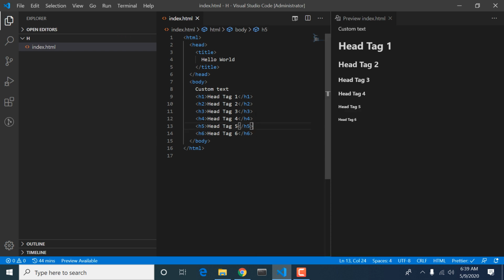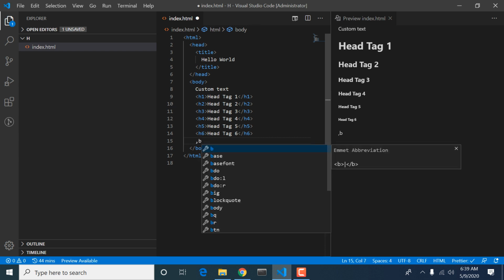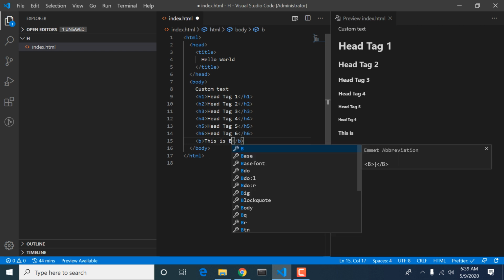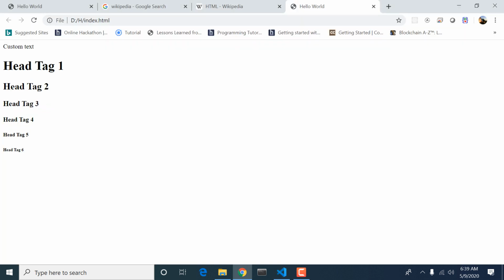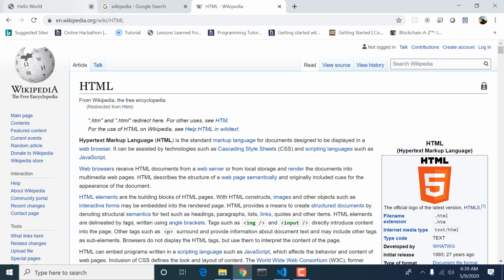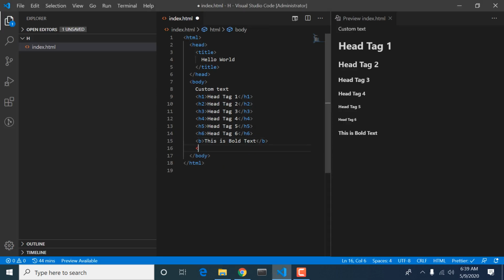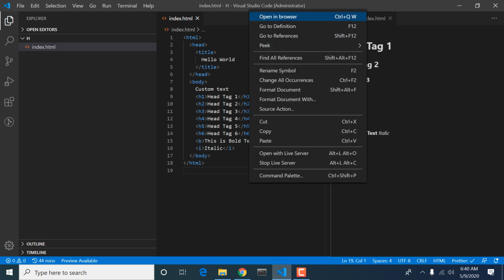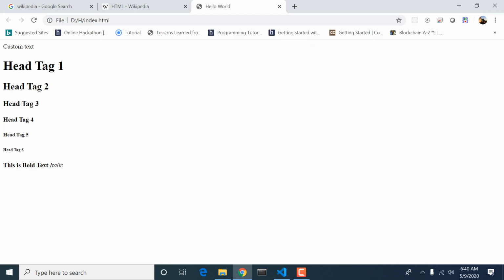Also, we have some bold text. So you can say this is bold text. You look, this looks bold with normal size. After that we have italic. You look, this is italic.